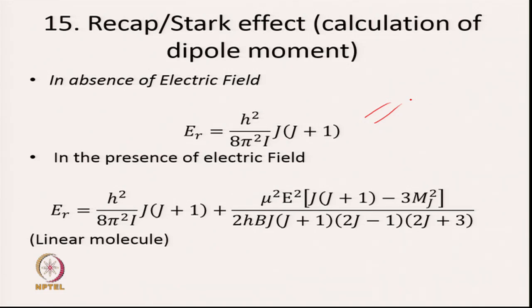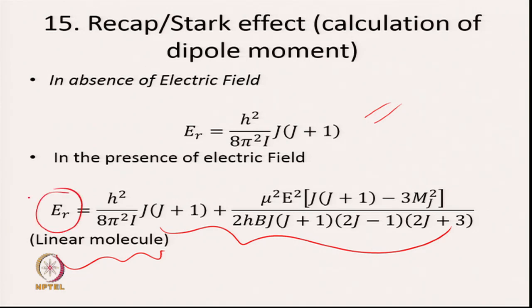And when you place the molecule in an electric field, then the degeneracy is destroyed, and in that case for a linear molecule you get E_R with this equation. And if I plot E_R